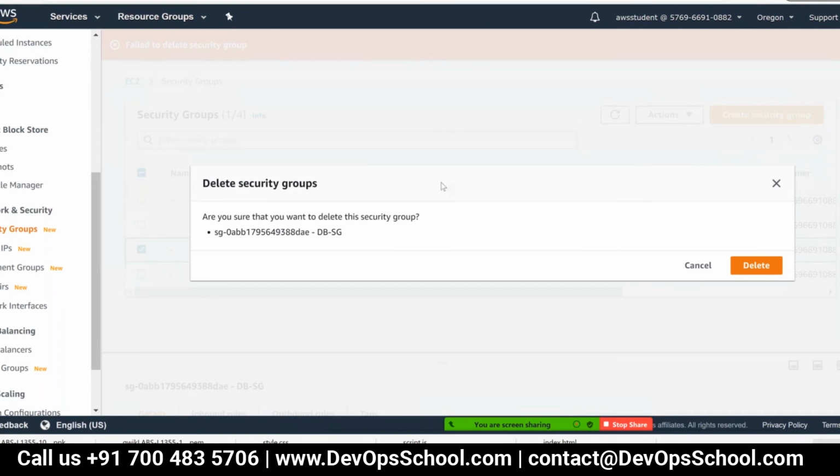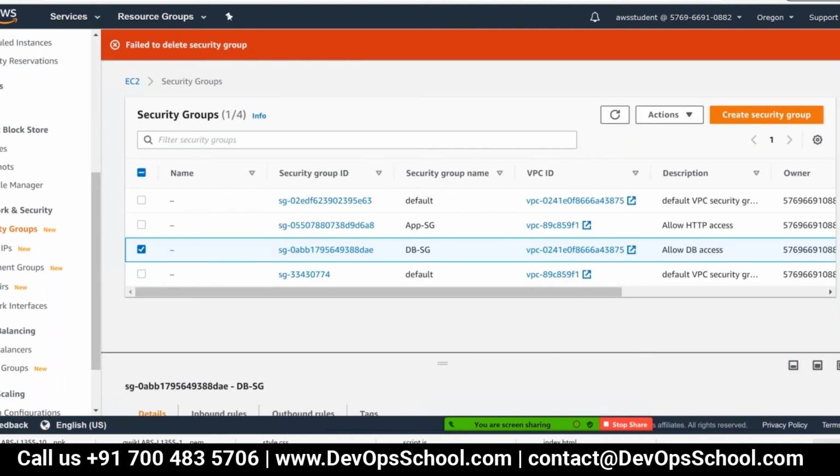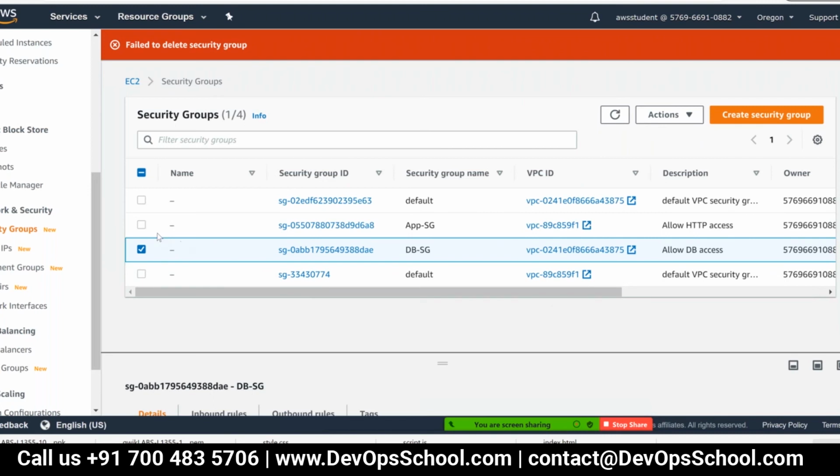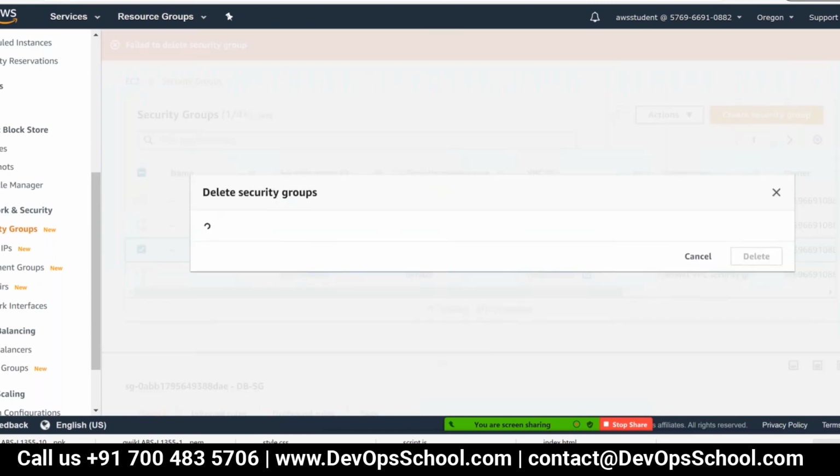It's not deleting. How can I minimize this? Okay, so I selected. Is any of your instances running using that security group? Yeah, how do I know? When you start your instance, it will ask you to select the security group, right? No, I haven't gone there yet. So I selected this. When I say delete,